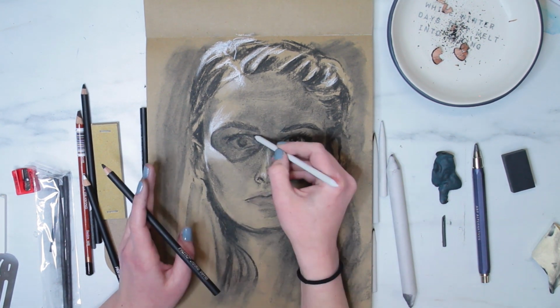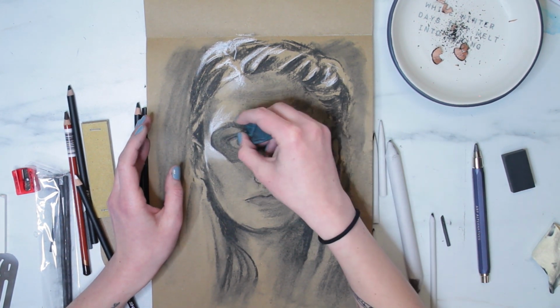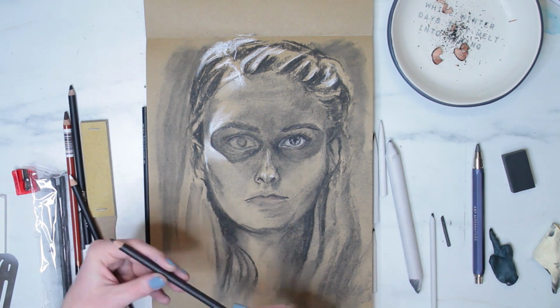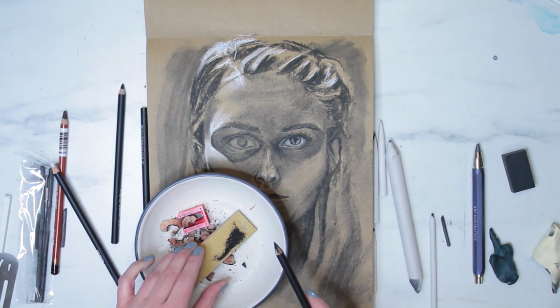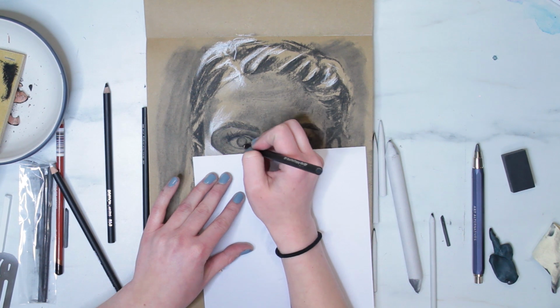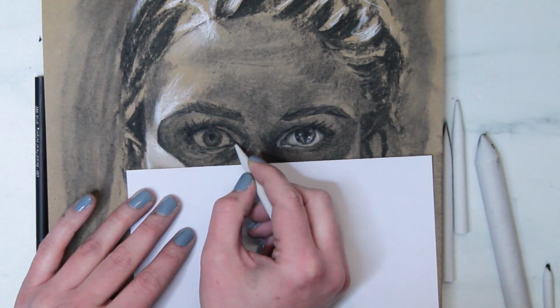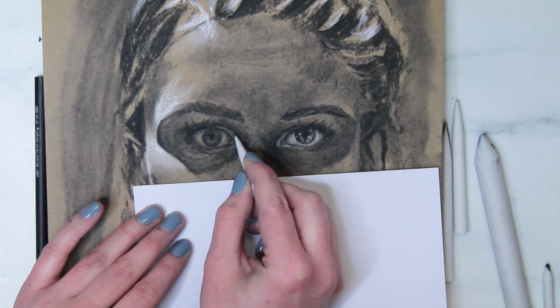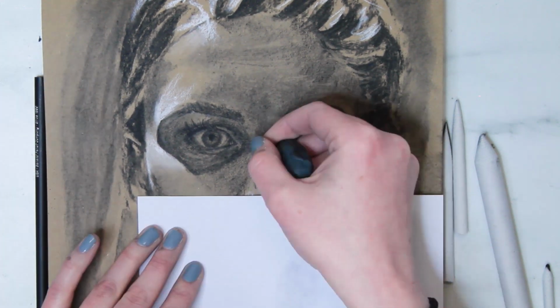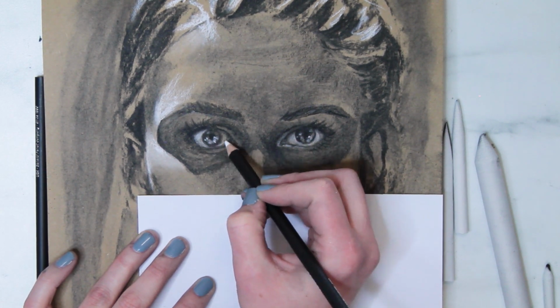This technique of gradually laying down charcoal and then lifting it up with my kneaded eraser, laying things back down, lifting them up, ended up working really well as a way to get subtle shading, especially in areas such as the forehead. As I continue on, I continue to work in the same technique as I have been using throughout the whole piece, laying down color and then lifting it back up using a combination of the kneaded eraser